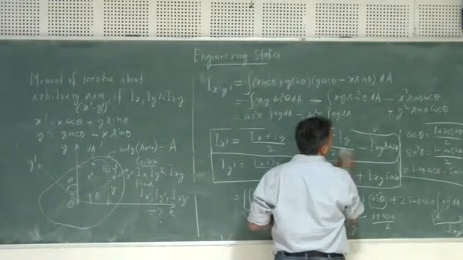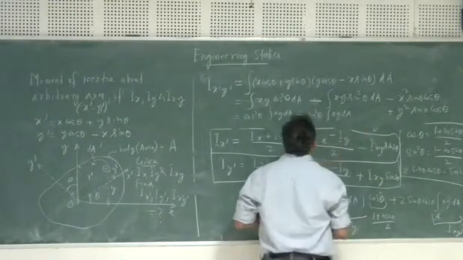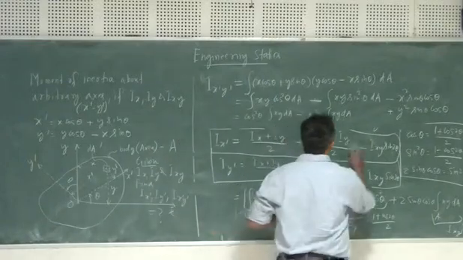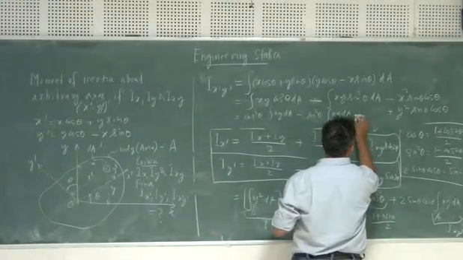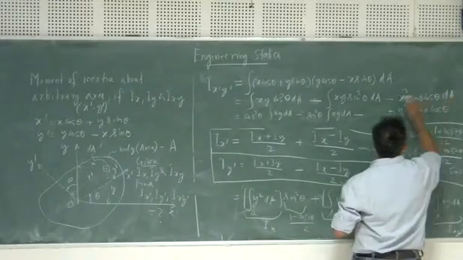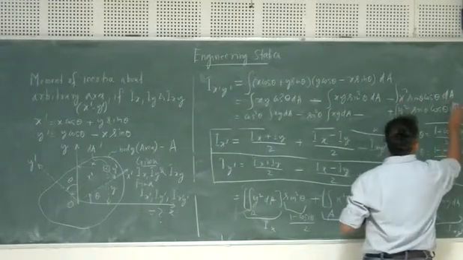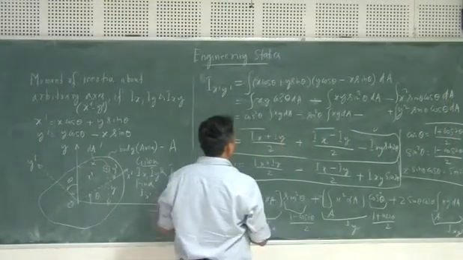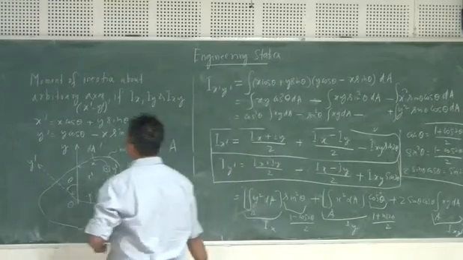Here you are having minus x square plus y square sin 2 theta. So in this case, plus, so basically I have to